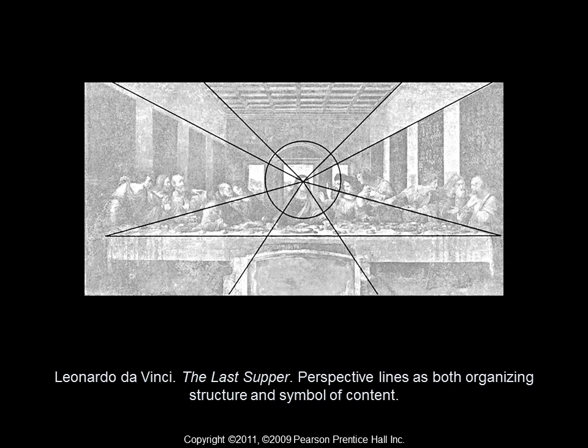Now, there are a few other things going on in here, which is the stability of the triangle or the pyramid. If we look at the one going all the way to the bottom, it follows the base and forms the bottom of the triangle at the bottom of the painting. The other triangle is basically angled from the center of Jesus to the top of the table, and you can see how the design of the characters follow that line structure.